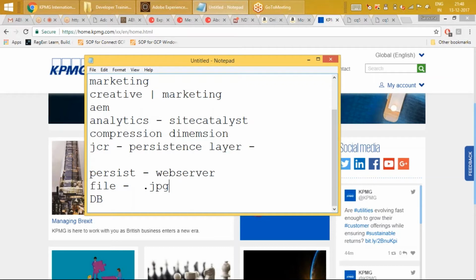Okay, for example, if this is a .jpeg file, I should be able to either keep the physical .jpeg file on a file system, or I'm going to persist this .jpeg file as a blob or something into a database. Object. Any other tech? Exactly. So it has to be mandatory. It has to be either in a file-based system or in a database system. Okay, any other options? Have you heard of any other options apart from a file-based system or a database?